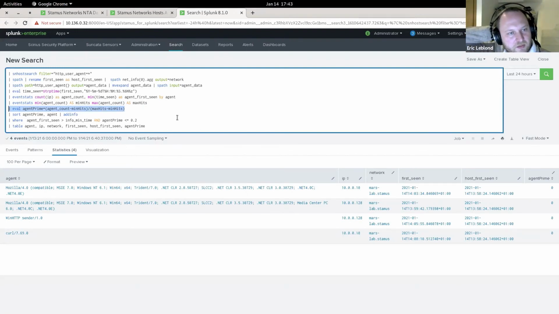It's basically getting the rareness to 1 by doing the maximum range and dividing the agent count by the maximum range. And then we are using just a detail on the search to say when the agent first seen is more recent than the time span, and the agent rareness is smaller than 2, and then we